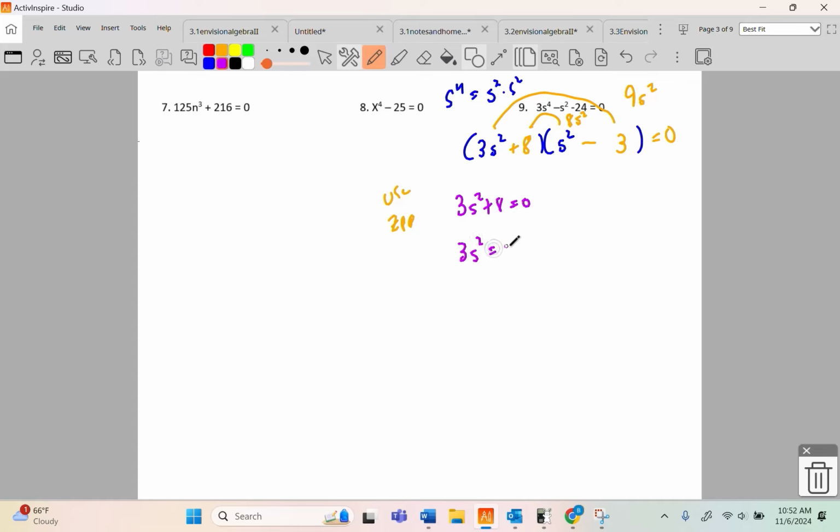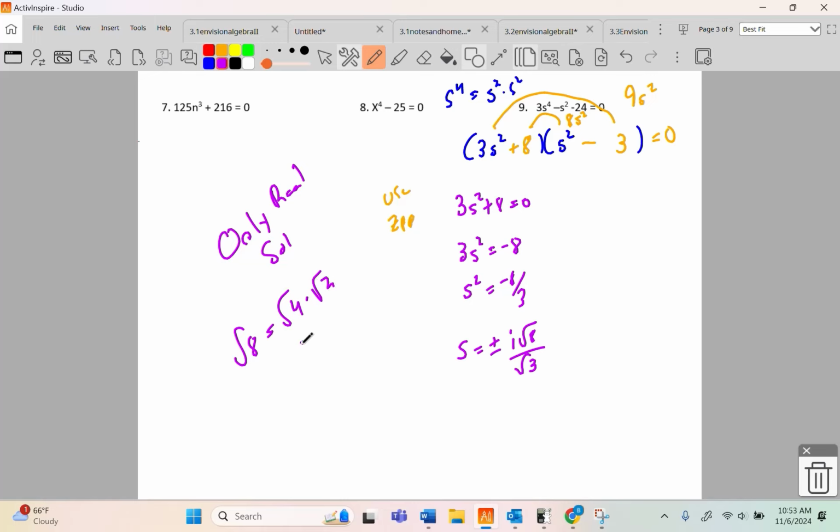3s squared is negative 8. And remember, I only wanted real solutions. This is imaginary. S squared is negative 8/3. I'm going to do it anyways, just because you need to see how this goes. So S is going to be plus or minus the imaginary root of 8 over a root of 3. Root of 8 is root 4 times root 2, which is 2 root 2. And I'm looking at this, plus or minus 2i root 2